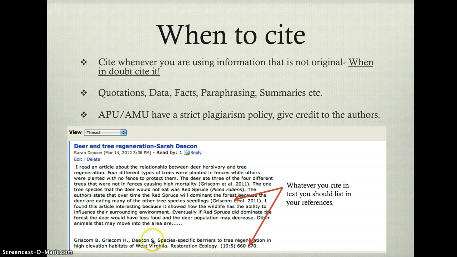Then at the end of the forum posting, after you reach your 200 words, you want to make sure and put the full citation at the bottom. So this paper is down here with the title, the journal number, volume, page numbers, that sort of thing. So each of your forum postings should look like this, and this is very important for this week's forum posting because you're required to look for a scholarly article in this week's forum posting.